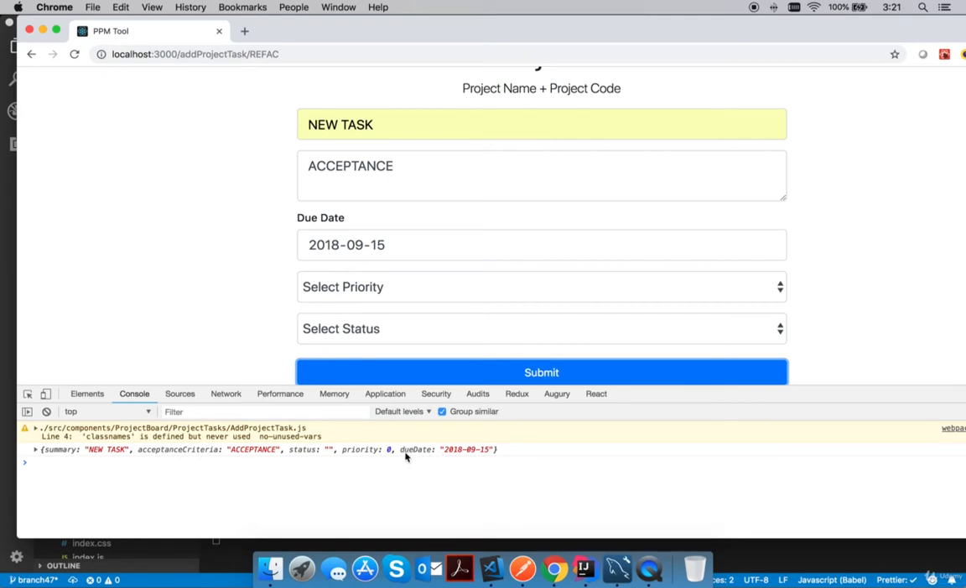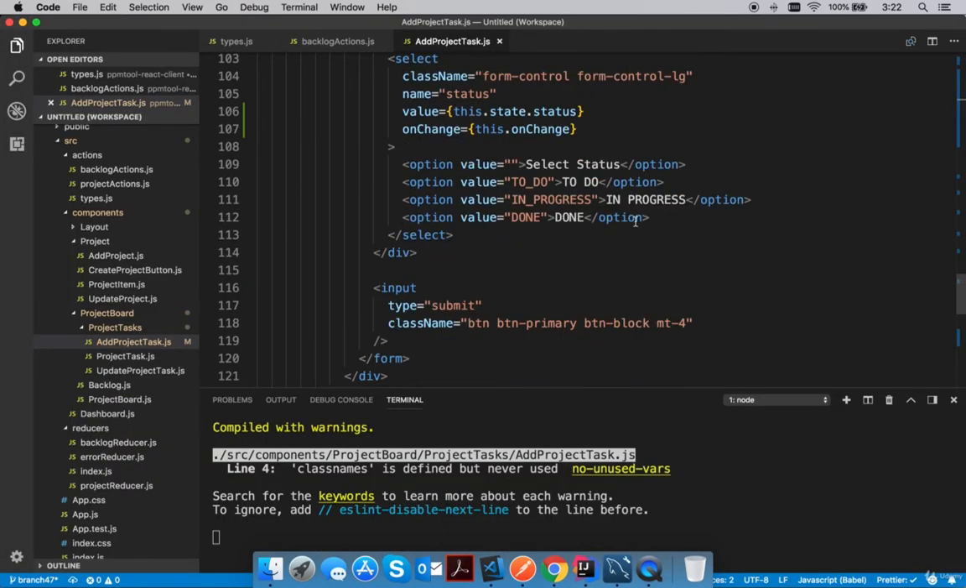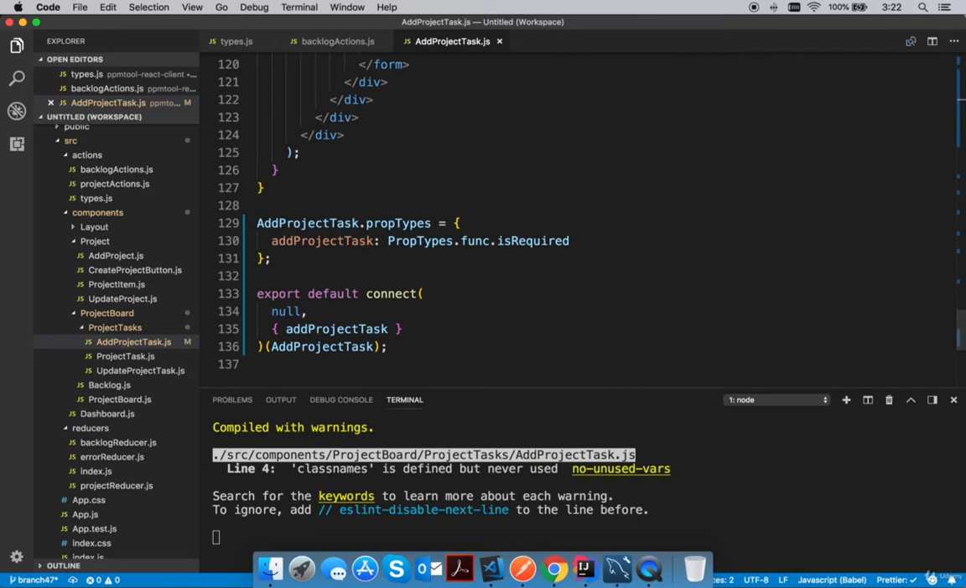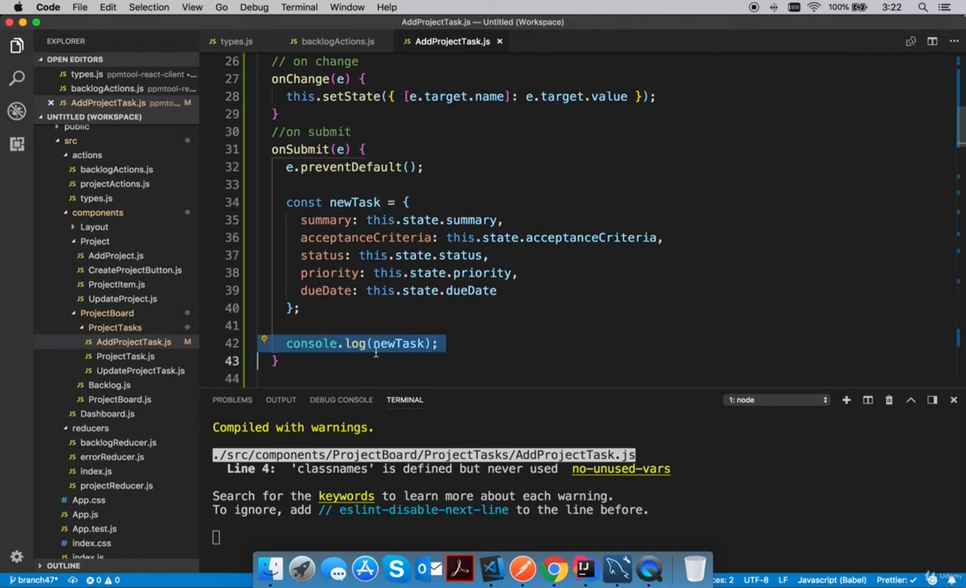All right, so we might be almost ready to go and send this to our backend. Okay, so let's go back to our code. I just want to go all the way down here just to make sure that this is wired up properly. So it's connected. The AddProjectTask function is here. Everything is here. So that's why we can just come back all the way here, delete this. And by the way,